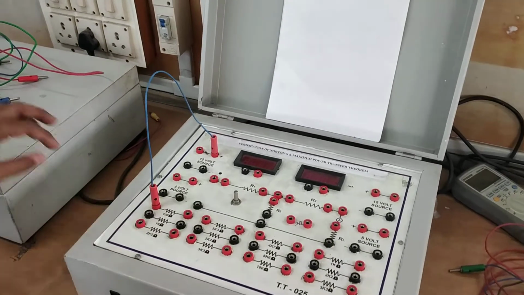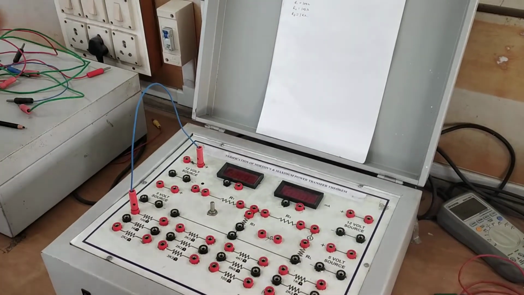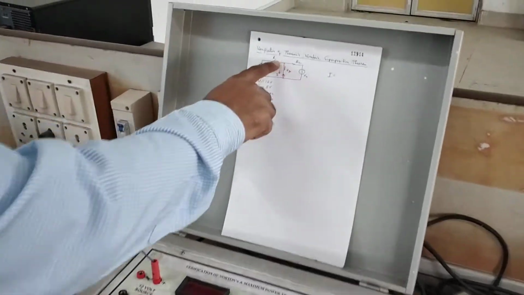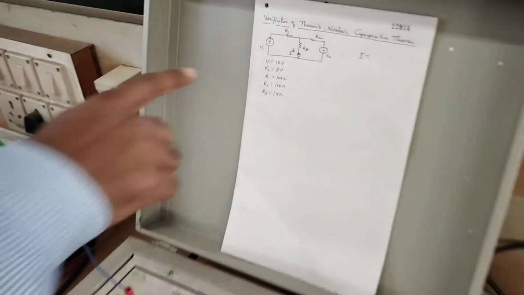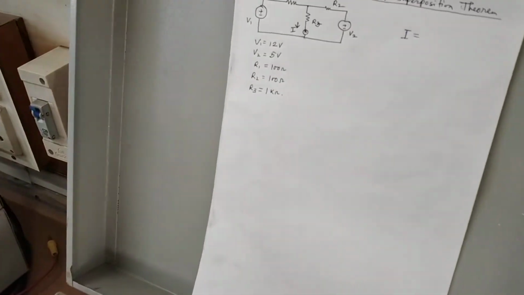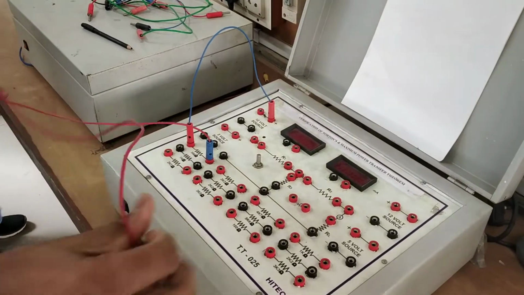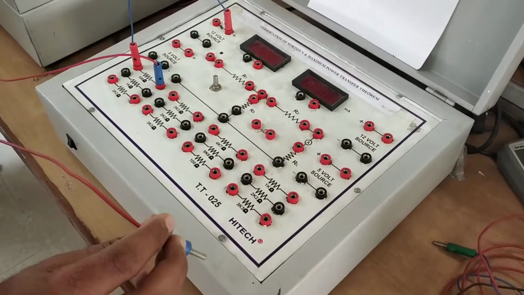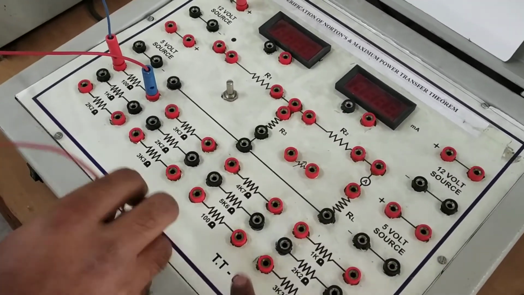So from tail end of that resistor, it is going where? From tail end of the R1 it is going to head end of R2. So what is R2? R2 is 100 ohm. So from tail end of this 100 ohm, one connection is provided to the head end of the 100 ohm. Where is 100 ohm? This is the 100 ohm. Okay?